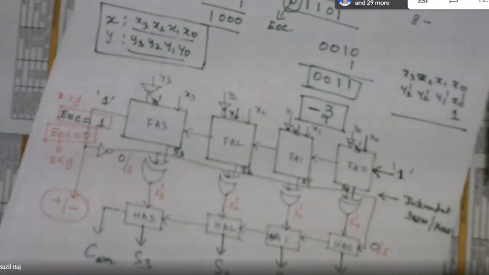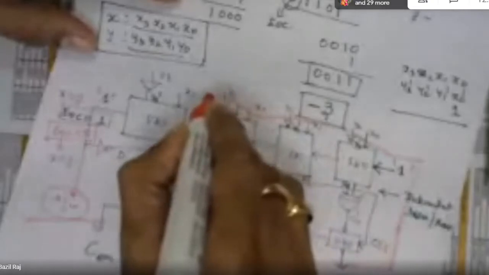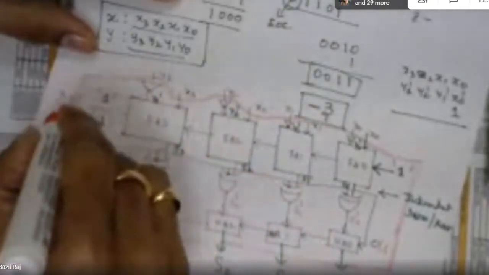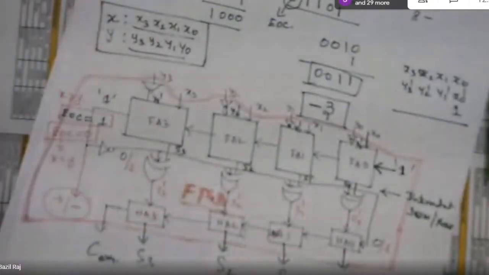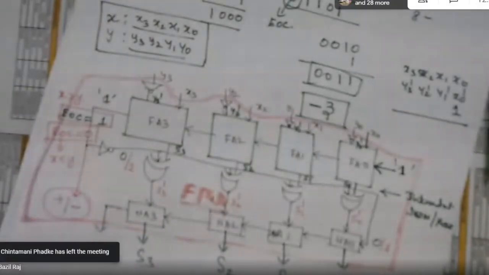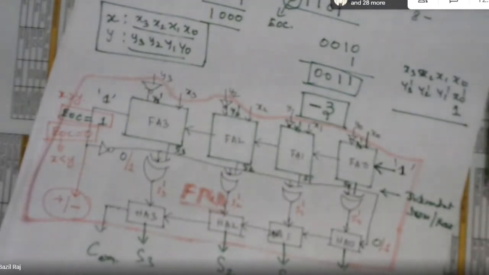So if you draw one block diagram, for example, see, I'm drawing here. This is my final output. Remaining everything is happening inside the FPGA. That means your FPGA inputs are only 4-bit, that is X0, X1, X2, X3, and Y0, Y1, Y2, Y3.